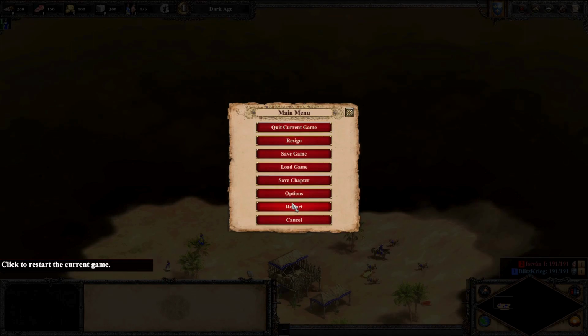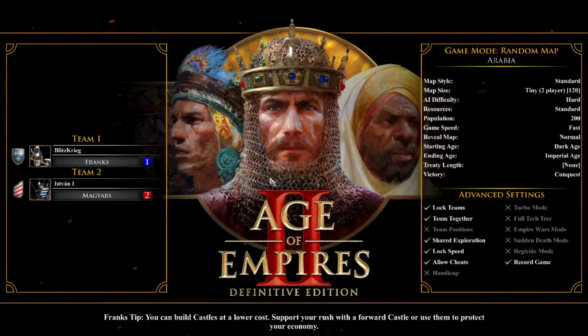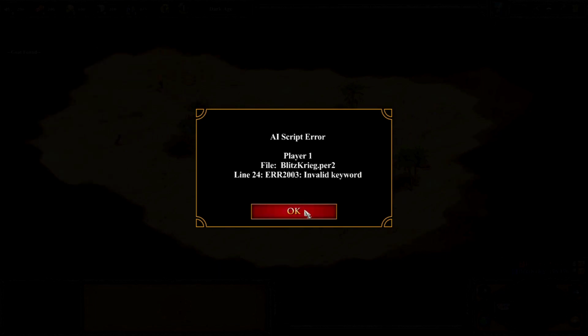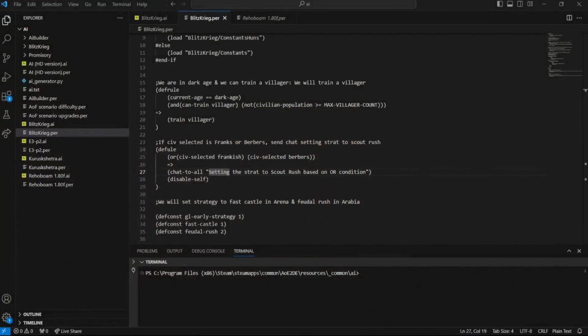So in this scenario, the civilization that we have selected is already Franks. So when the game starts, we should be seeing that message that we just wrote. So the civilization is Franks, and okay, there is some error. So let's head back to the code. It's on line 24. Let's see what the error is on line 24. Okay, I missed an R over here. It's actually def rule. Okay, going back to the game